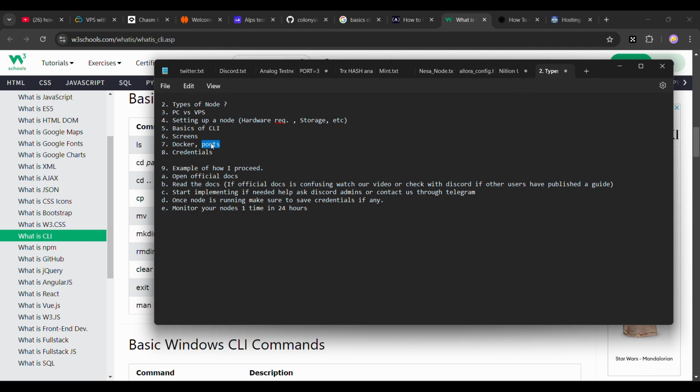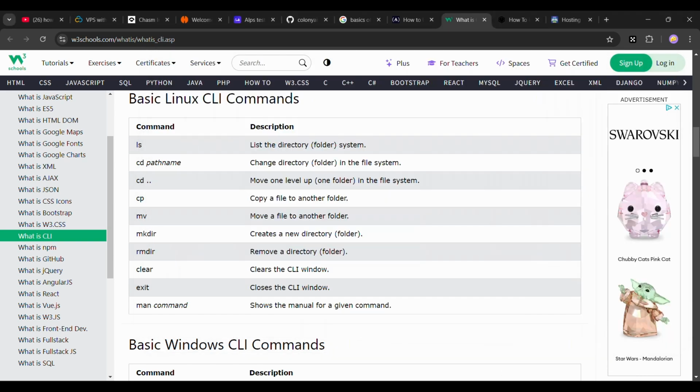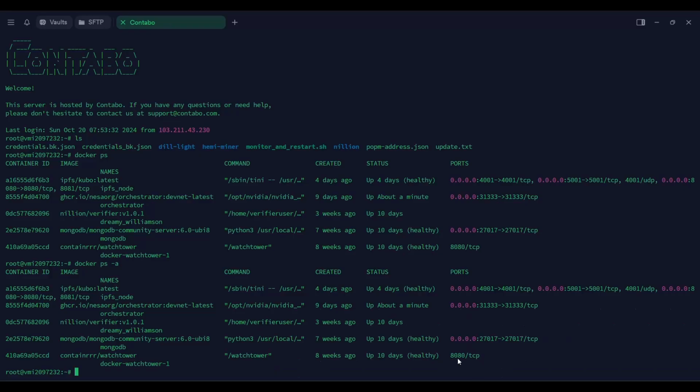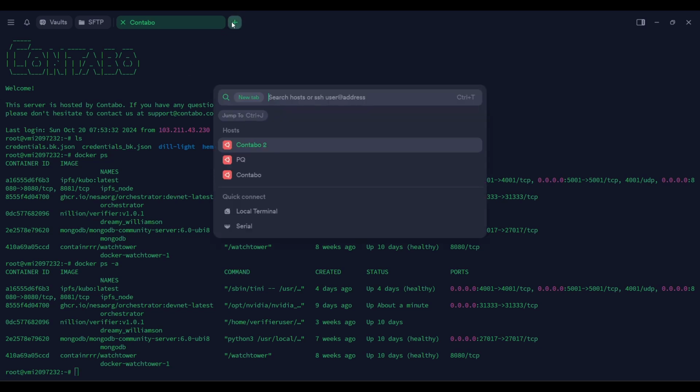For example, these ports. Docker ports. Someone asked me a question about ports, and I also didn't know much about it. So how did I manage it? I was trying to run this in my second VPS.